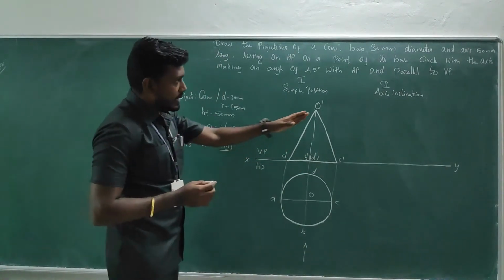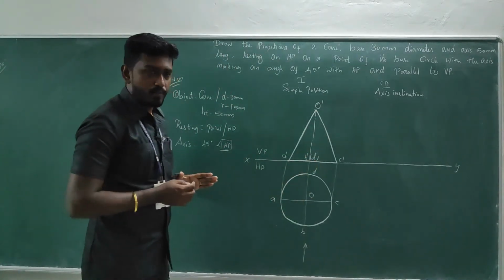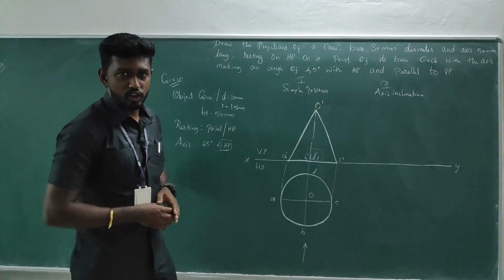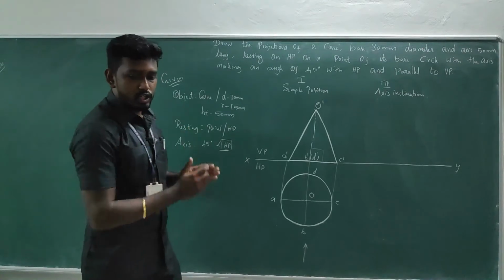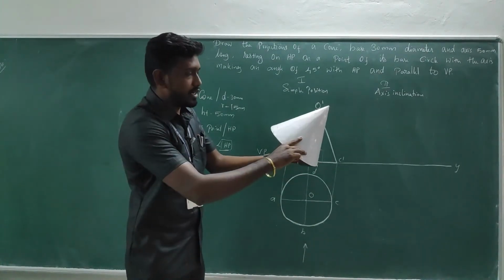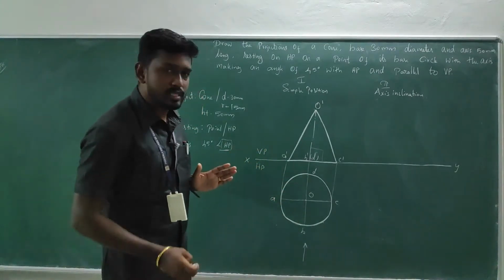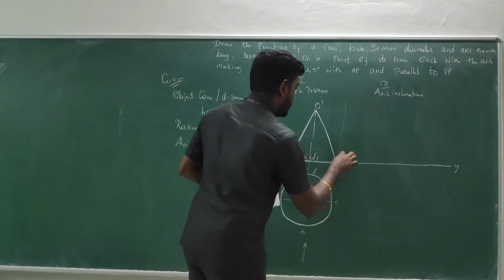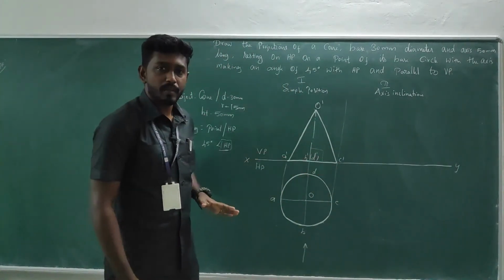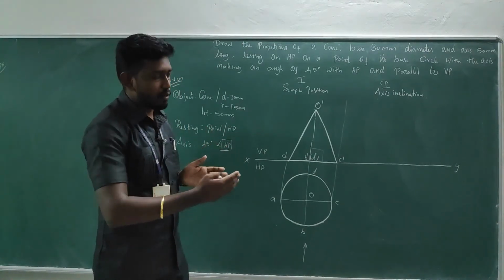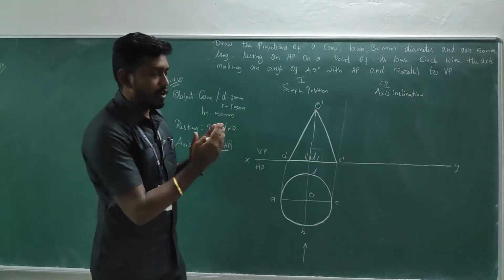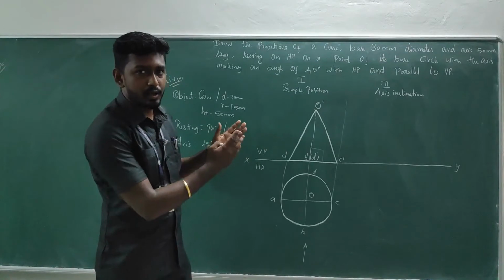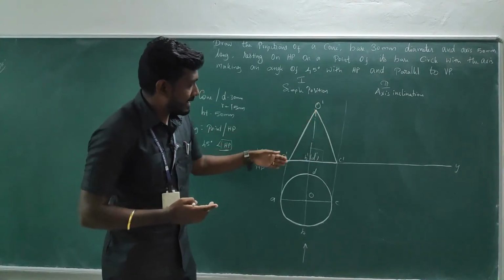Fine. And then move to the second stage, axis inclination. Now check how it is being kept. The axis is kept 90 degrees to the horizontal plane. It should be tilted. In order to tilt the object, I am going to take an imaginary line at the point C. Because if it is a prism or a cylinder, we will be getting the parallel lines along with the axis. So by tilting the end line, we will automatically get the axis tilted to a particular angle. Here it is in an inclined manner.